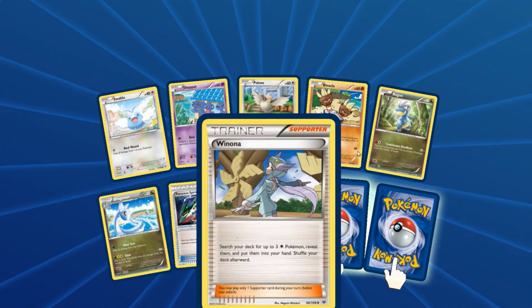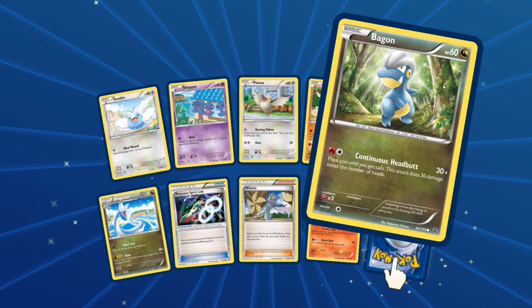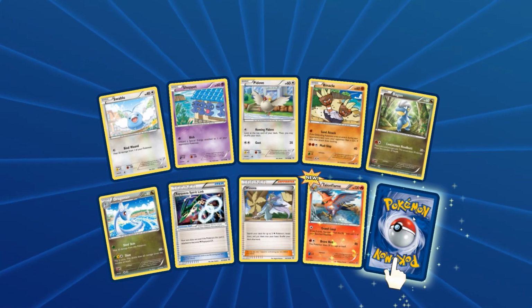Come on, come on, come on. Alright, this is good. 2 rares. Our first is a Talonflame reverse foil. And our second is...